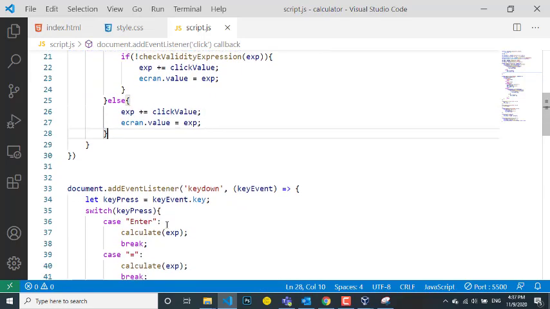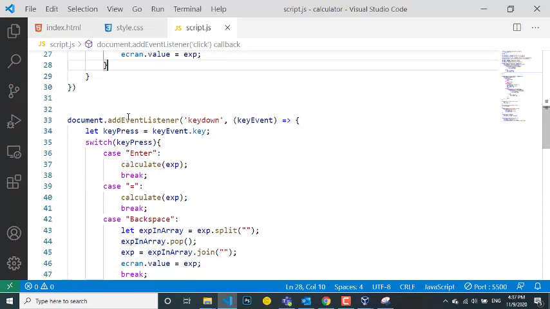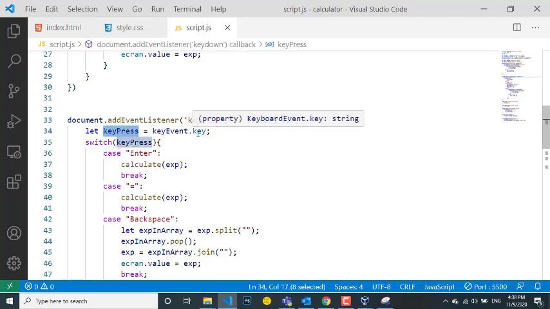So that is it. Now, this is on the user pressing a key from the keyboard of the computer. There we are listening to the key down event. The key down event has a variable called key press, which is what the user just pressed. It comes from this event, key event dot key. If you press A, it will return A on this variable. But we prevent the user from using A and so on by checking that what the user pressed is among the codes, I mean all the buttons from the calculator.